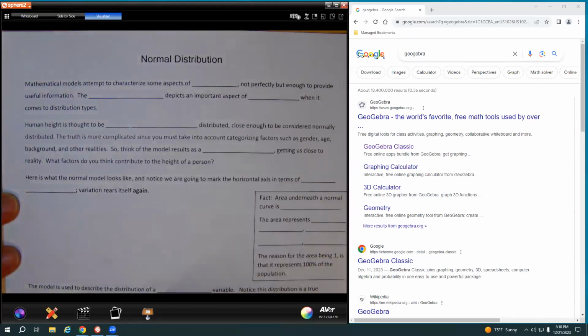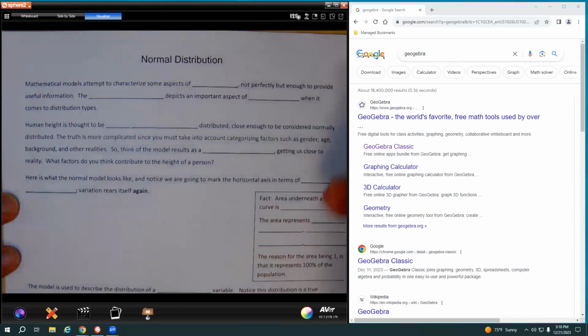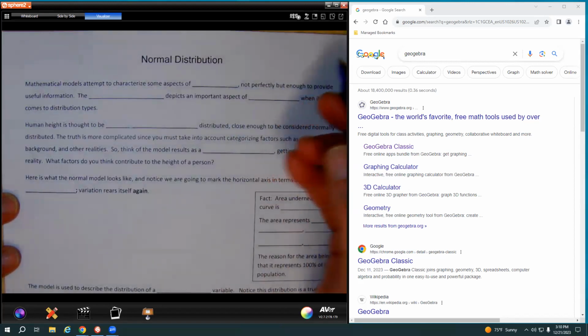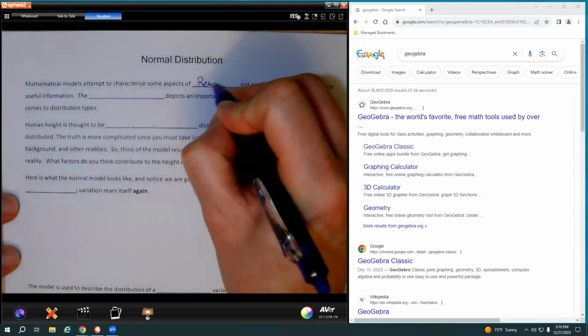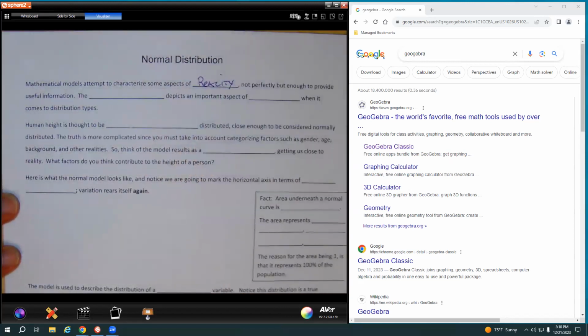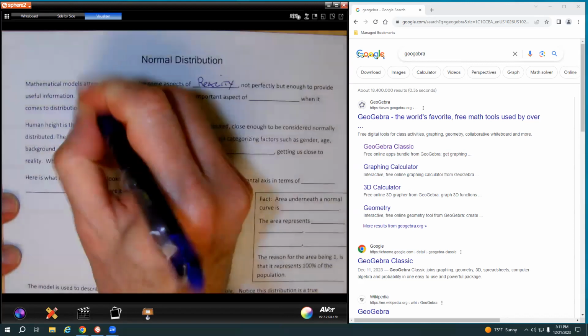We're going to look at the normal distribution. Now, mathematical models attempt to characterize some aspects of reality. And again, not perfectly, but enough to provide useful information. And so the normal distribution,